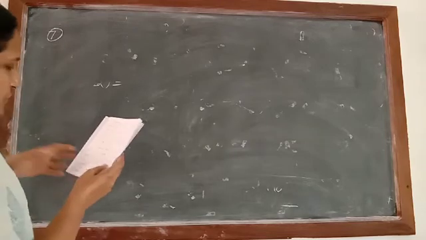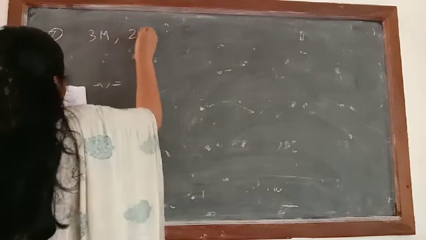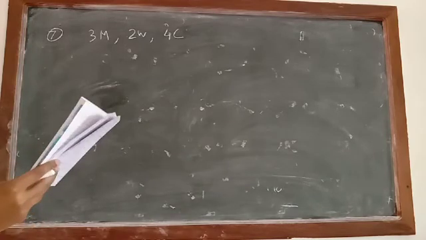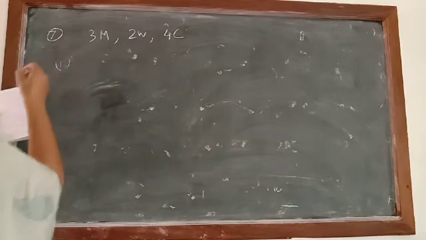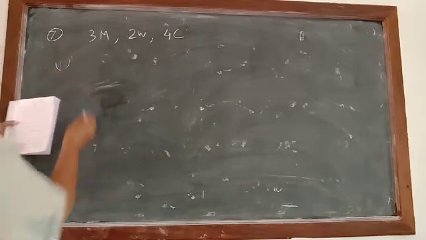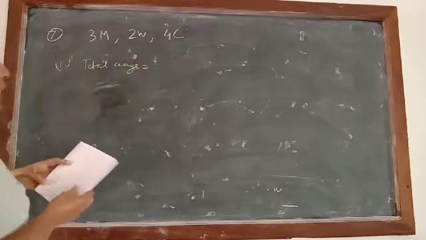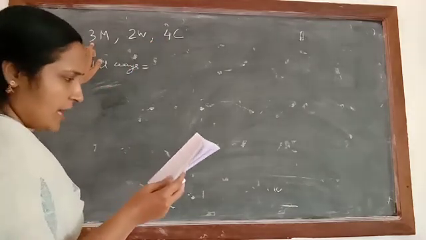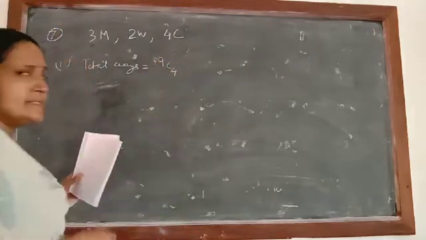In question number 7 it is written 4 persons are to be chosen at random from a group of 3 men, 2 women and 4 children. Out of this we have to select 4 persons. So find the probability of selecting. First condition. First now, what is the total number of ways of selecting there? So total number of ways of selecting 4 persons. How many persons are there? 4 plus 2, 6. 6 plus 3, 9. Out of 9, how many we have to select? 4. So total ways will be equal to 9C4.